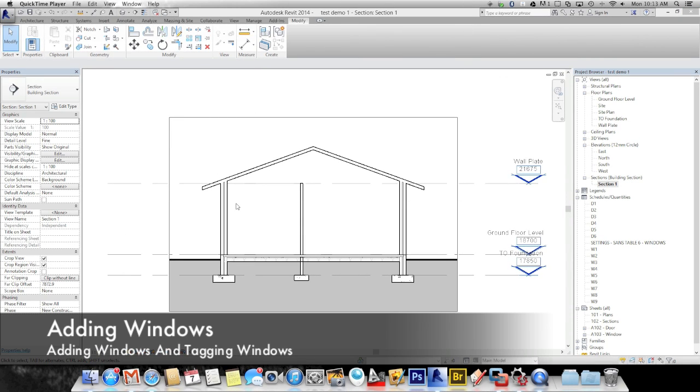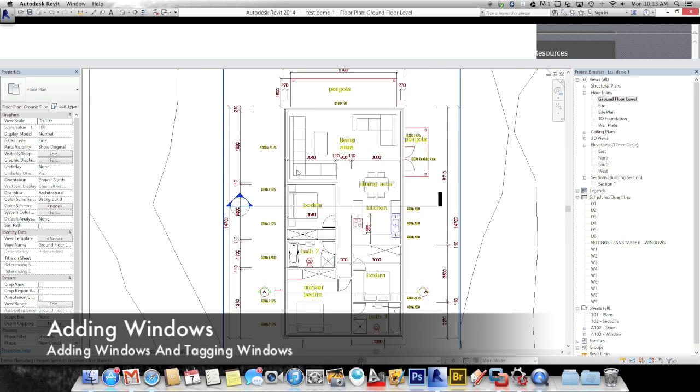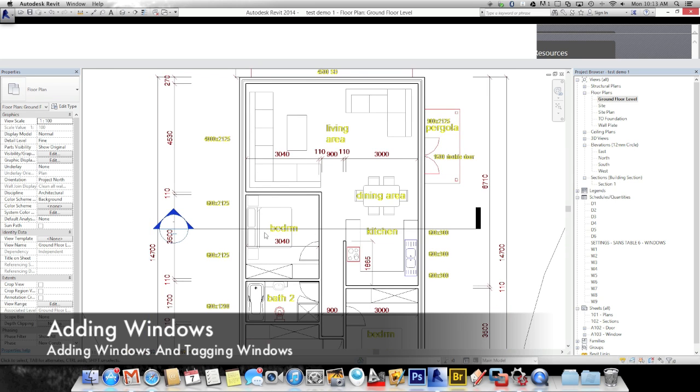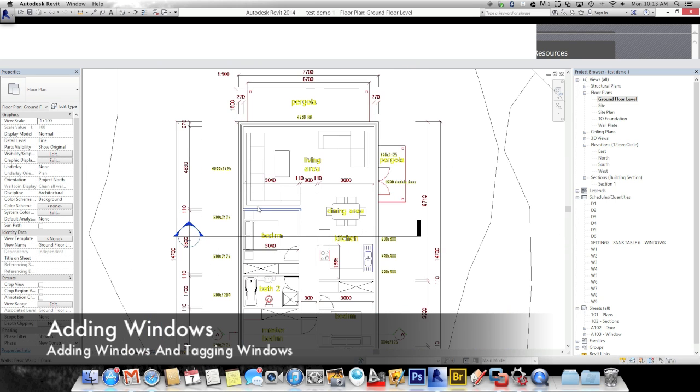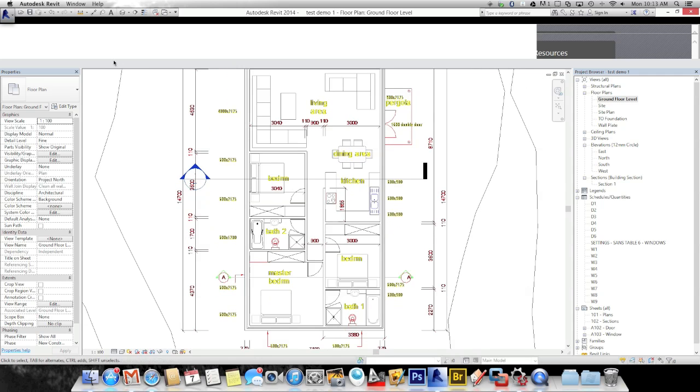We won't spend any time detailing the section at the moment. What I want to do is go back to floor plan and start adding some detail to the floor plans themselves. So I'm going to change back to wireframe. Actually, I don't really need wireframe. Let's go back to hardline. There we go. Okay, we are now going to add windows